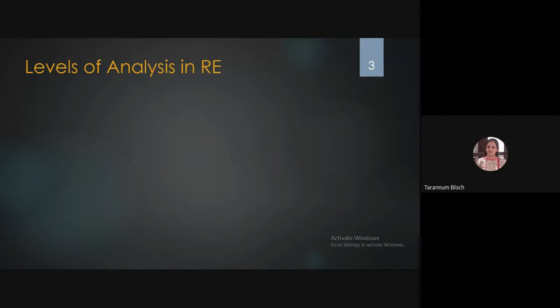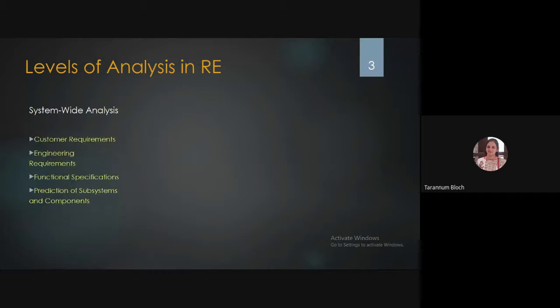So when I'm applying reverse engineering to any system, there are different levels of analysis. We could have system-wide analysis to understand the system, and to understand what could be the components, we can analyze the system. So usually the system-wide analysis is done to understand customer requirements, engineering requirements, functional specification, and prediction of subsystem and components.